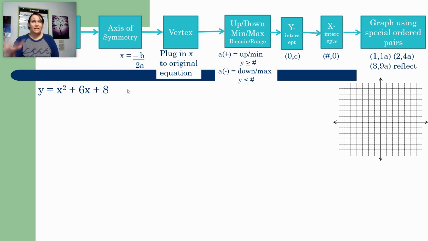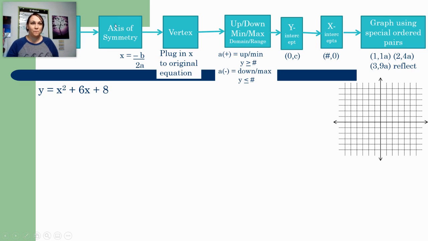So hopefully you were able to write down everything that you needed to, and you're ready to start our example. Don't forget to write down the equation. So the flowchart is actually going to lead us through the steps that we should take, with the exception of, I'm going to flip-flop the last 2 boxes, but we wanted to put the graph all the way at the end. But the flowchart tells us that the first thing that we should do is we should find our axis